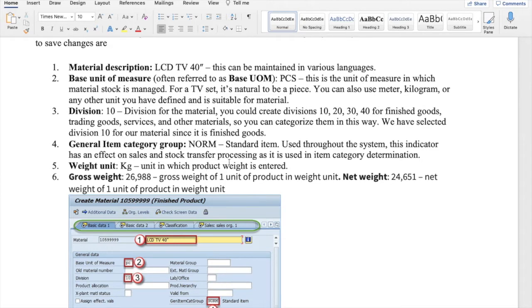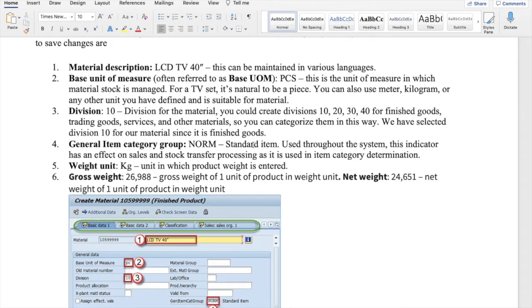The moment you say NORM, it comes in that category where you can use it as a standard item. Again, you can use other item categories depending upon the business, but for this purpose we are using NORM.